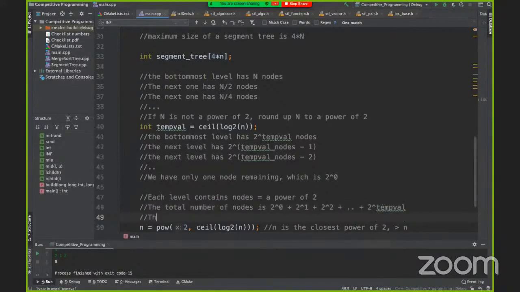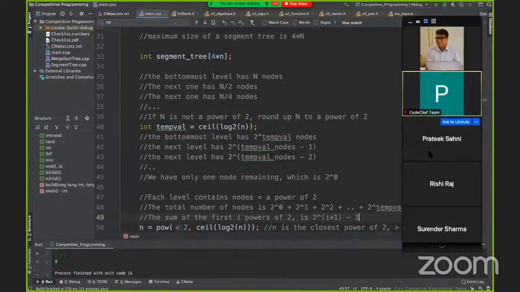I won't go into the proof for this, but the sum of the first i powers of 2 is 2 to the power i plus 1 minus 1.